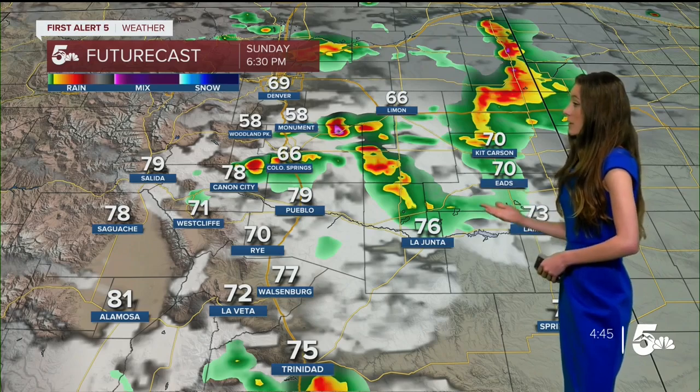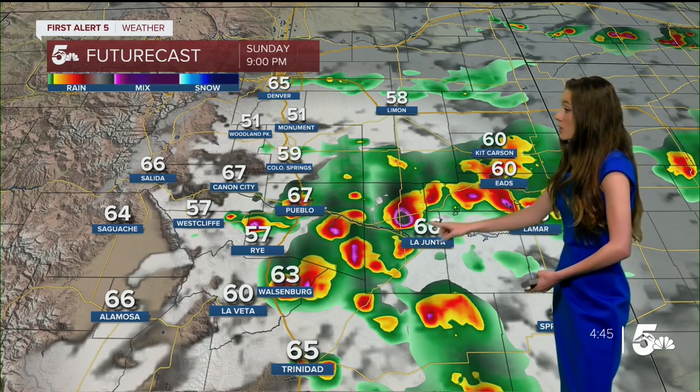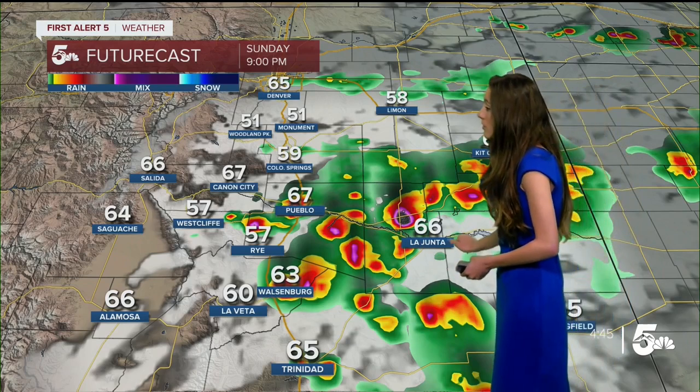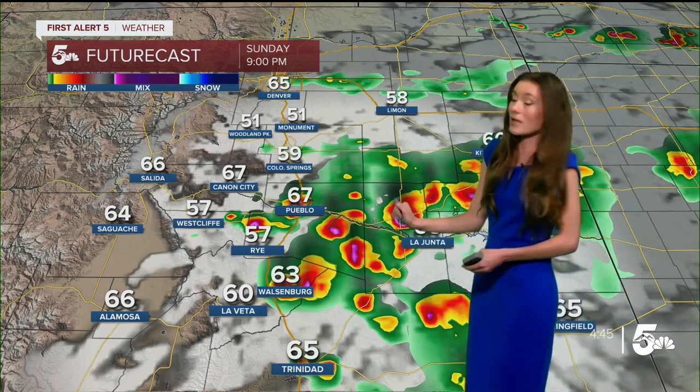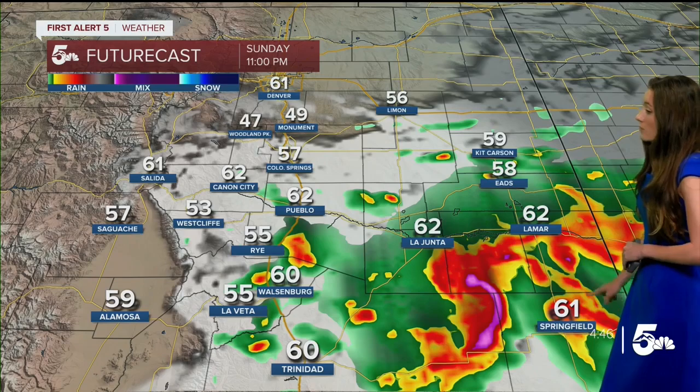Those storms are going to continue to start popping up, and they're going to move southeastward. And look at this. You can really start to see that line moving through, and even towards La Junta, you might want to watch out too. So again, hail is going to be a threat along with these storms as well. So keep that in mind as we go on throughout the evening, and that's going to continue to push towards southeastern Colorado, towards Springfield. So just keep that in mind as we go on throughout the rest of our day,